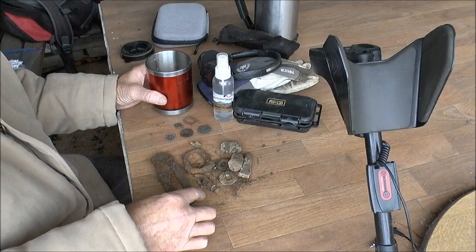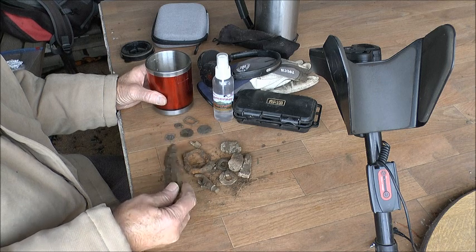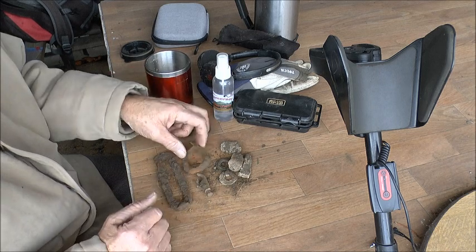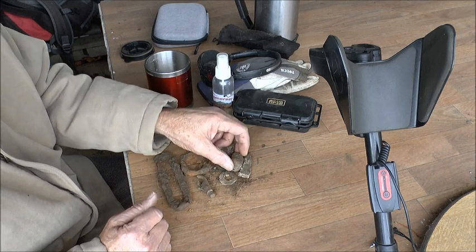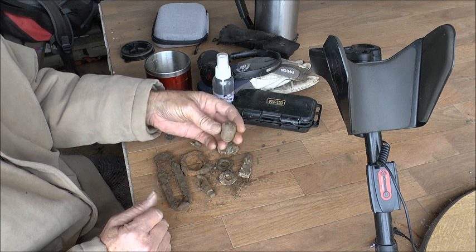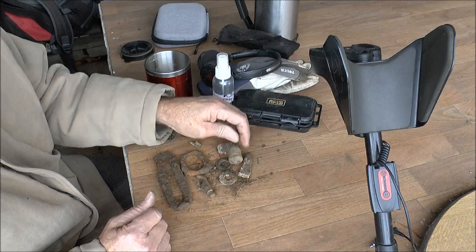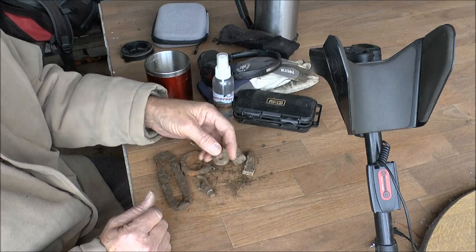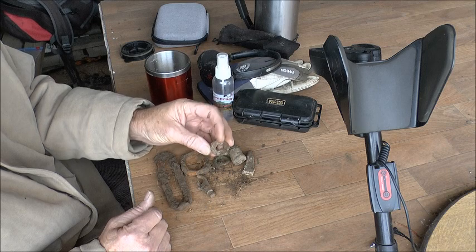Right then, let's have a quick look at what we've found today. Obviously made out of iron, maybe some sort of linkage off a tractor or implement of some description, bit of horse tack, an old iron buckle, probably very old actually, lump of lead, still don't know what that is, could be an old battery I suppose. I'll give it a smack with the hammer when I get back, see if I can find anything underneath it. More lead, eyelet from a tarpaulin, that strange lead doohickey that we dug up, don't know what it is,